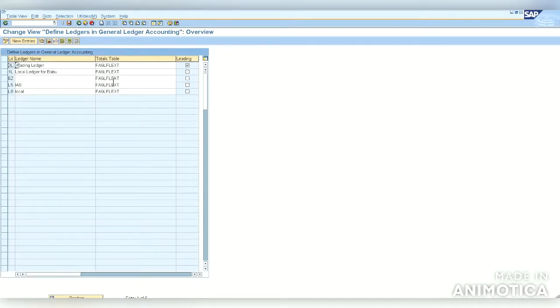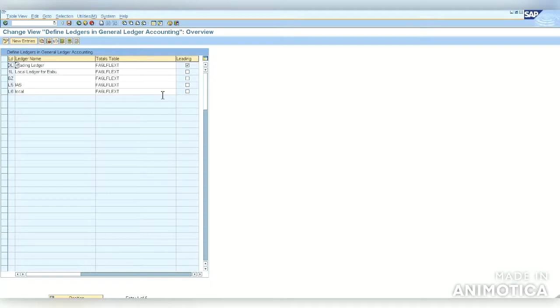So here you can see that in ECC the screen is totally different. It is ledger, ledger name, totals table, and it shows whether it is a leading or non-leading ledger. So 0L is a leading ledger. We can see there is a tick mark, and all others are non-leading ledgers, and there is a totals table.